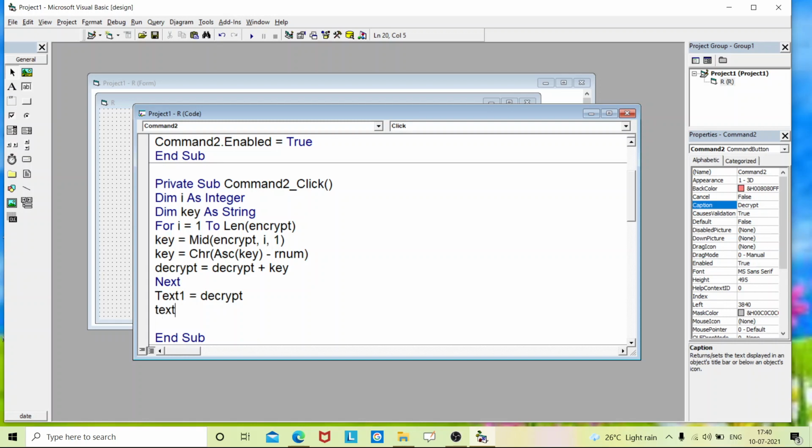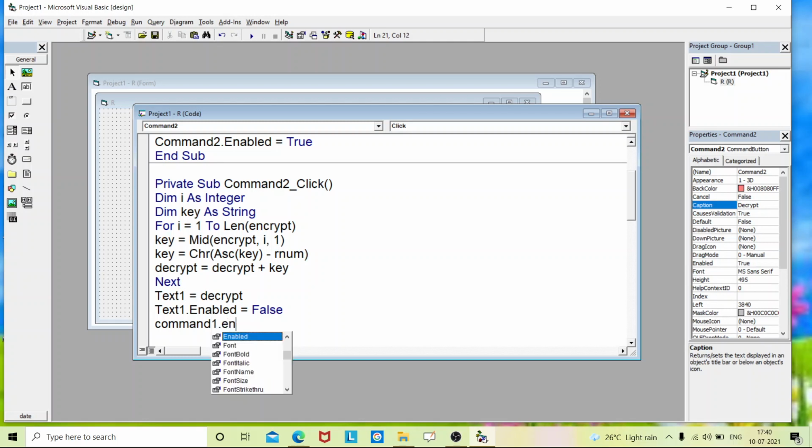So text1.enabled = false. Enter. Command1.enabled = false. Command2.enabled = false.